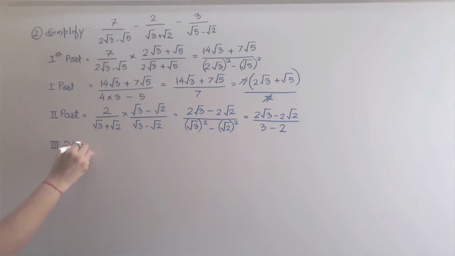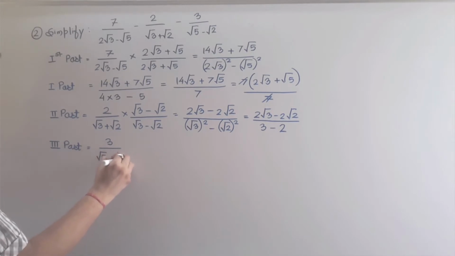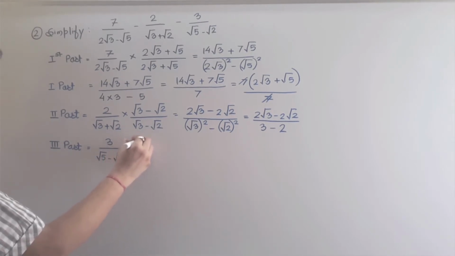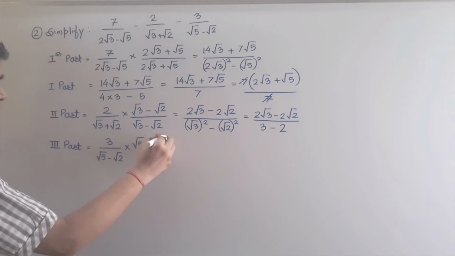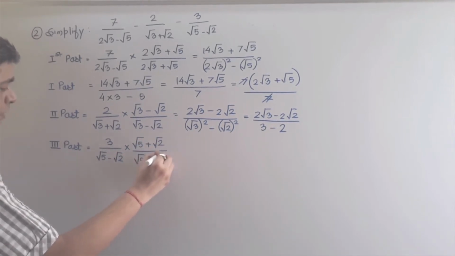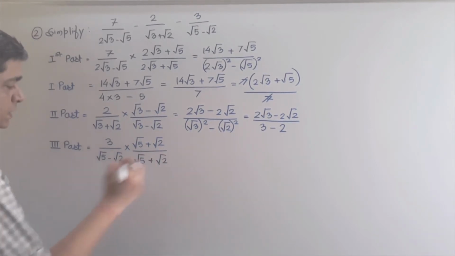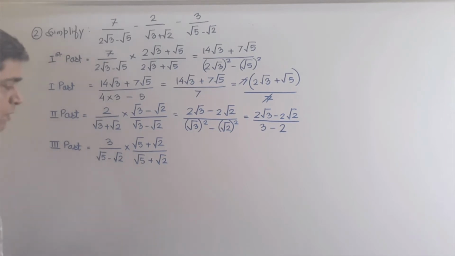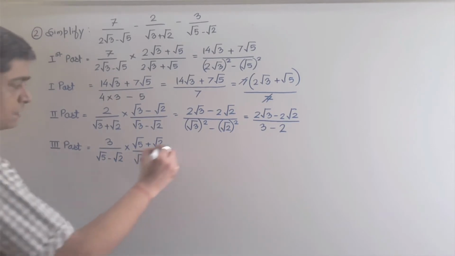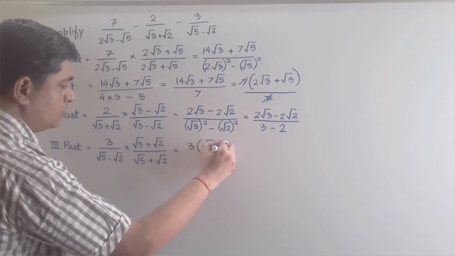In third part, you observe what we have given, that 3 upon under root of 5 minus under root of 2. Let us multiply and divide. So root of 5 plus root of 2, I am multiplying and dividing here. So what will come? 3 I am keeping as it is. Okay, outside 3 I am not multiplying inside, because there may be a possibility that 3 can be cancelled with the terms of denominator. So 3 I am keeping as it is, and root of 5 plus root of 2